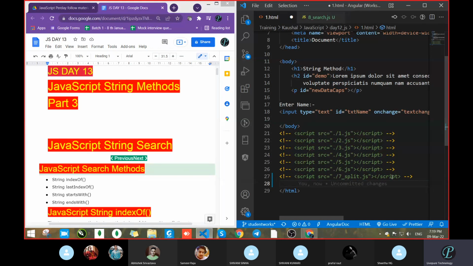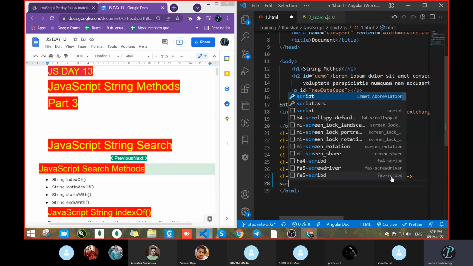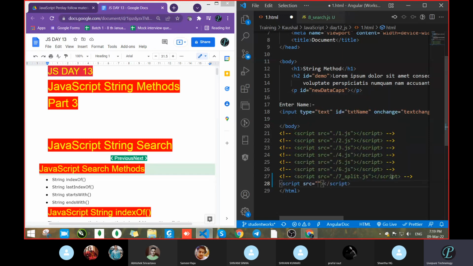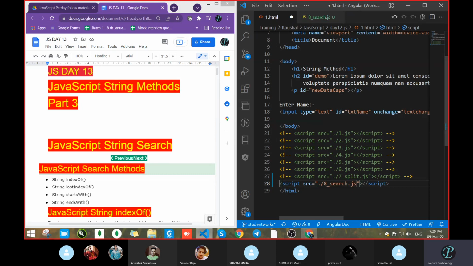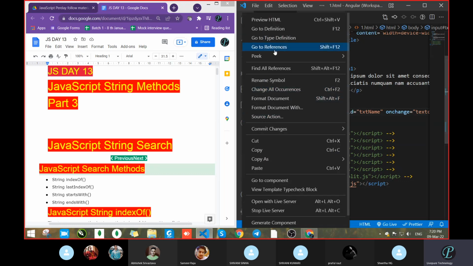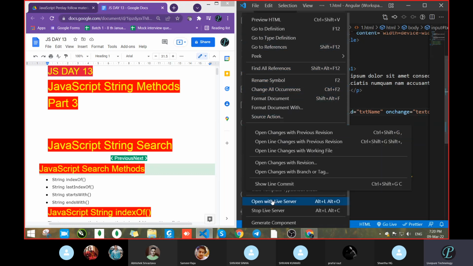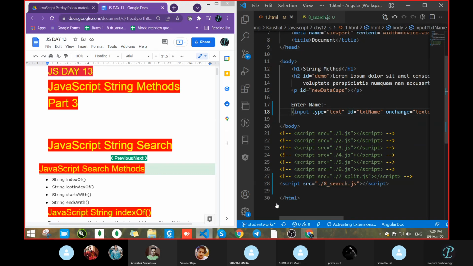In Google Maps, we are searching for some location. If we search and the location is available, then surely we will get some result. So that is the process of search. The same thing we will do here. We will search for something, and if the result is available, then we will get the output. Otherwise, we will not get the output. So let's see.